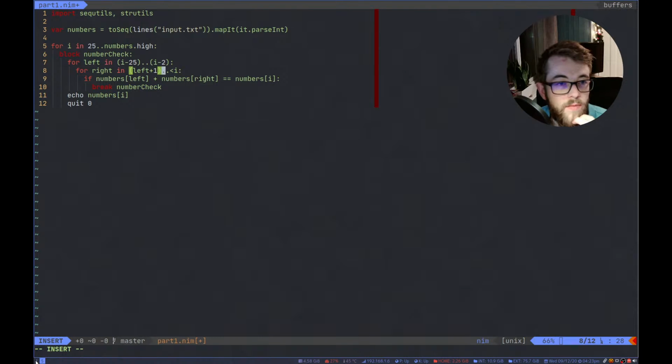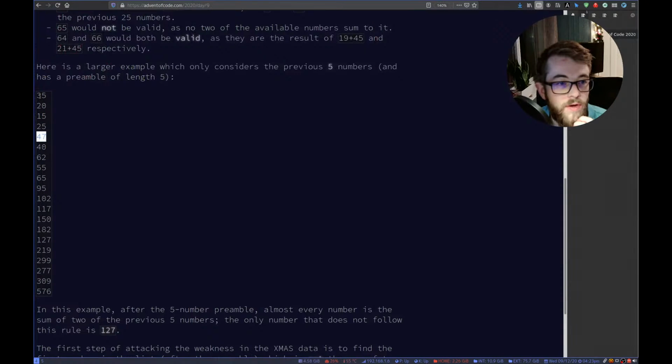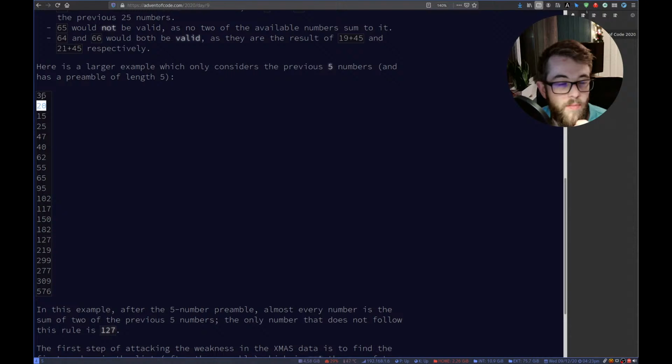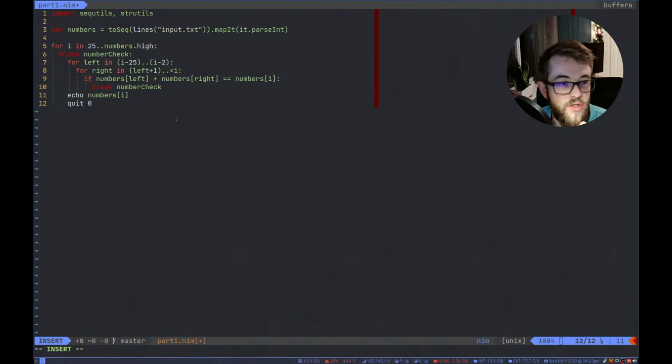Then it will step one further and do this one and continue checking on, but it won't go back up because we've already checked that combination. So that should be fine.